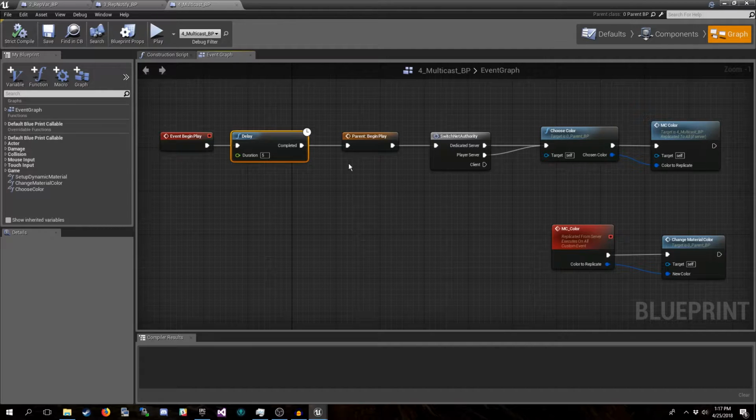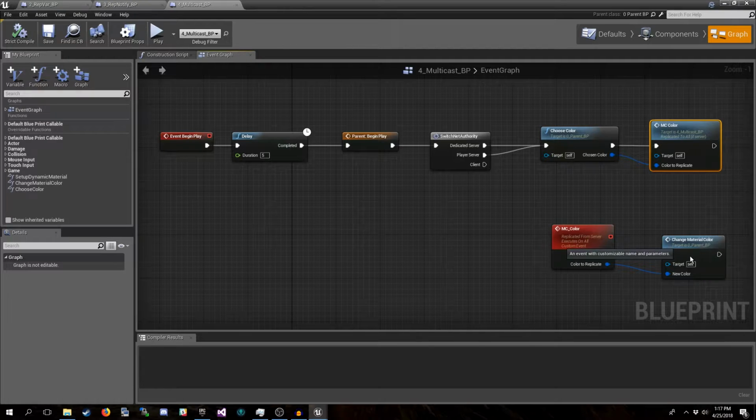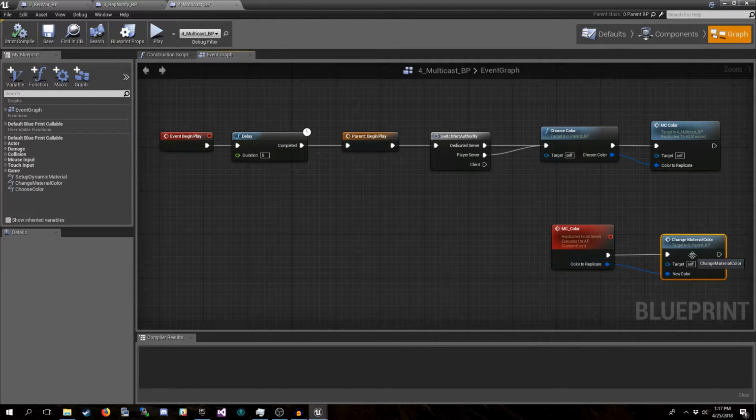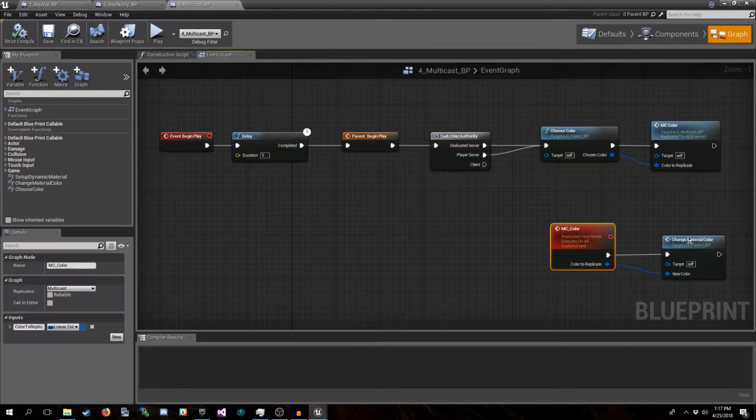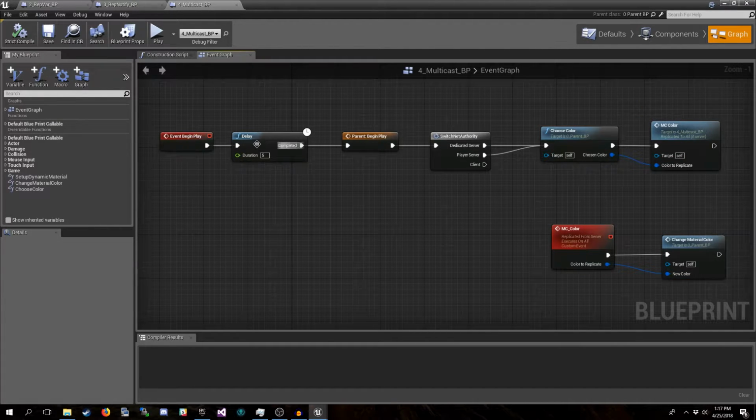It was basically like a bit of a race condition that was occurring where the replication here, this function was actually getting called on the server and trying to be replicated to the client before the client had actually even gone through the process of setting up a dynamic material instance. So what this did was it allowed everything to sort of come into sync.